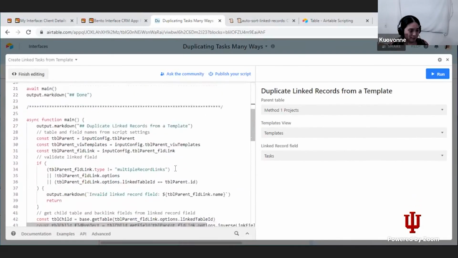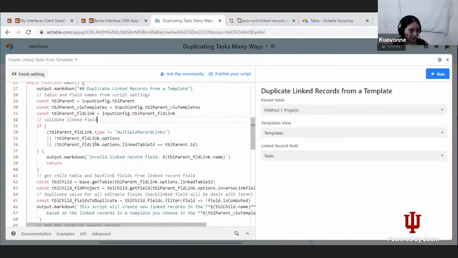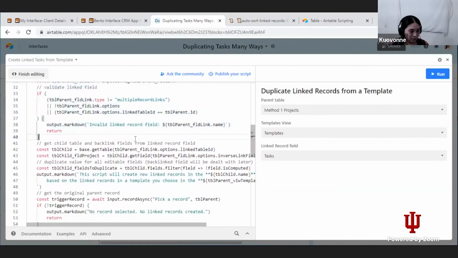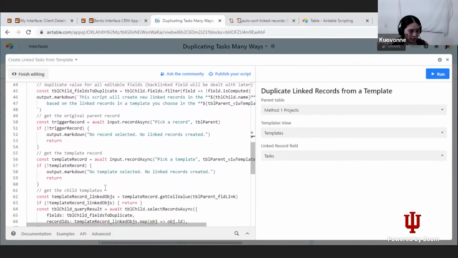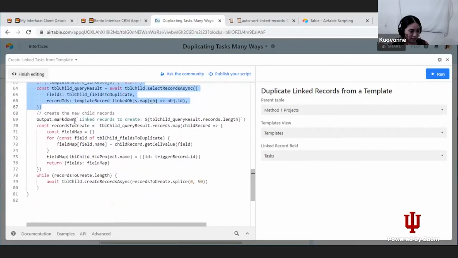And then, so we figure out that we get the template. This is just validating, saying that it's actually a linked record field that you chose over here. And then we're getting the fields and the backlink fields. You get the original parent, you get the template record, you get the child templates, and then